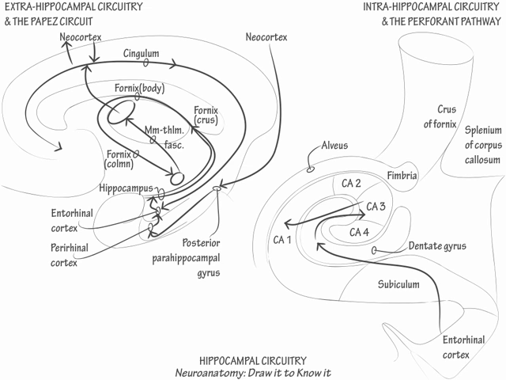CA1 then projects to the subiculum, which projects along the alveus to the fimbria, which passes posteriorly and becomes the crus of the fornix. The fornix ultimately projects, most notably, to the mammillary nuclei. Finally, show that the subiculum also projects back to the entorhinal cortex. Note that CA3 and CA1 also send direct projections to the fimbria that skip the intervening steps in this pathway,